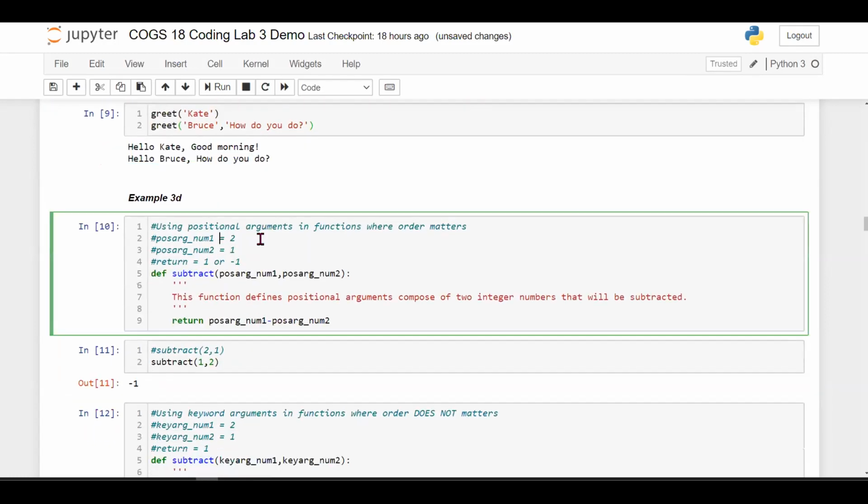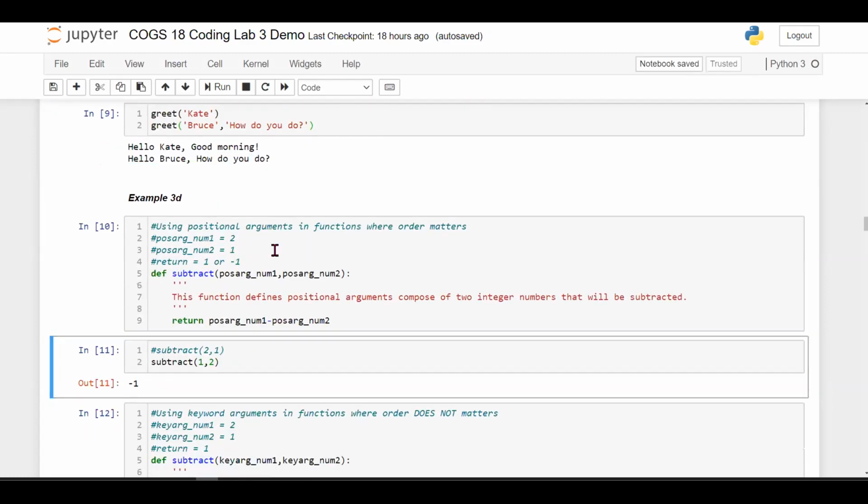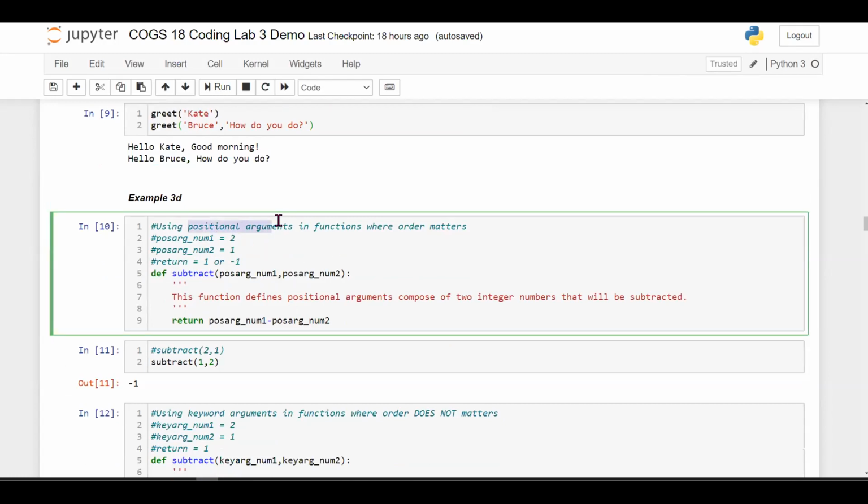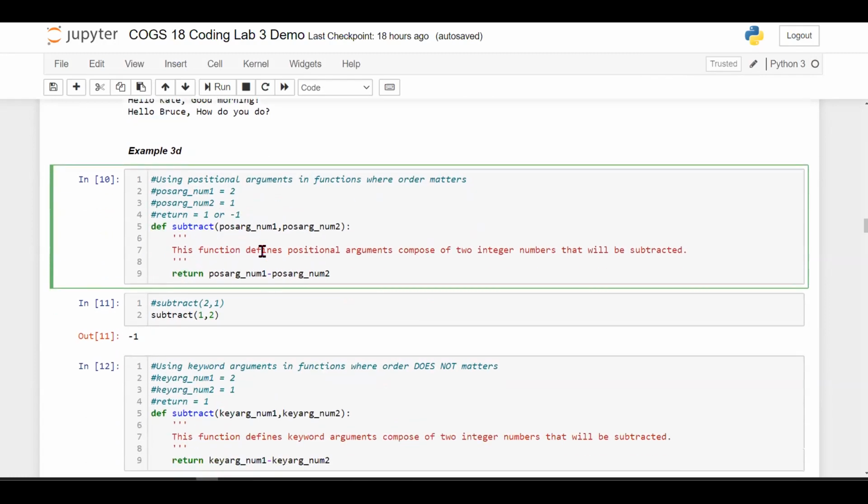And then the next one here, I'm talking about the types of arguments. So you have positional and keywords. We'll talk about positional first. What this means is your order matters. Positional means your order matters. So when you look at this,